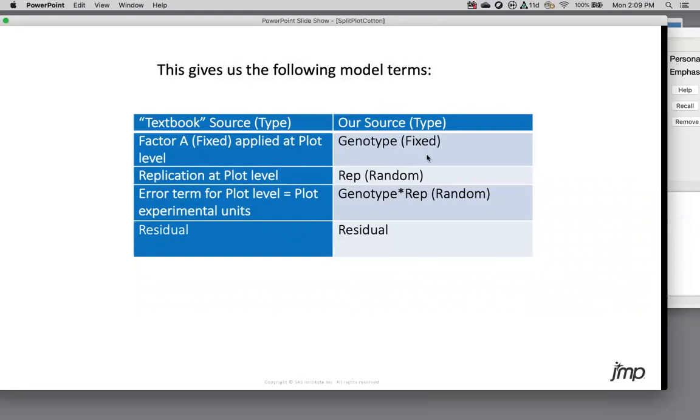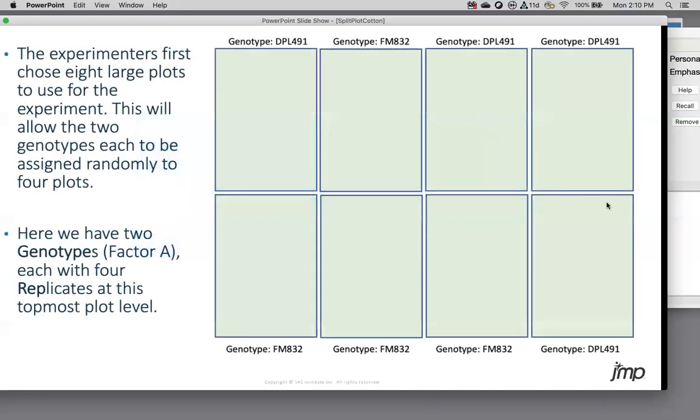The genotypes are a fixed effect because I actually care about the specific genotypes. The replicates are a random effect because I don't care about the specific replicate. Replicate 2 means something different in one experiment than it means in another experiment, but the genotypes are a fixed idea moving from experiment to experiment. I care about comparing one genotype to another genotype, don't care so much about the replicates except to explain their variability. So genotype is fixed, replicate is a random thing,